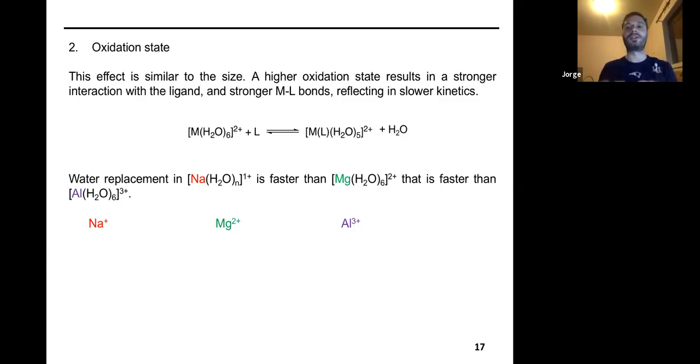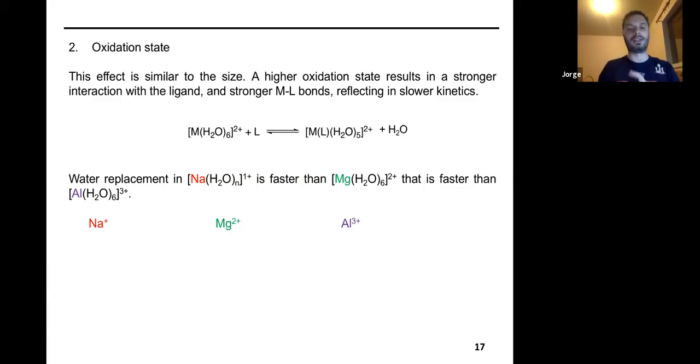So again, let's use the electrostatic model. Higher oxidation state means a larger positive charge, so that will attract the ligand more and strengthen the metal-to-ligand interaction. Therefore, it's hard to remove this ligand and replace it with